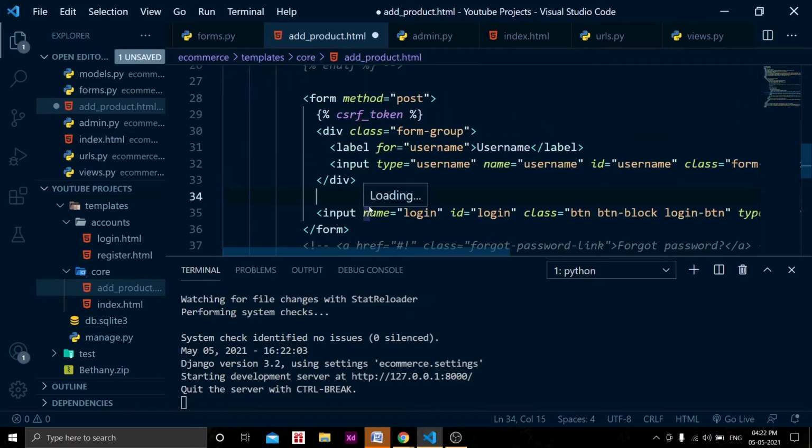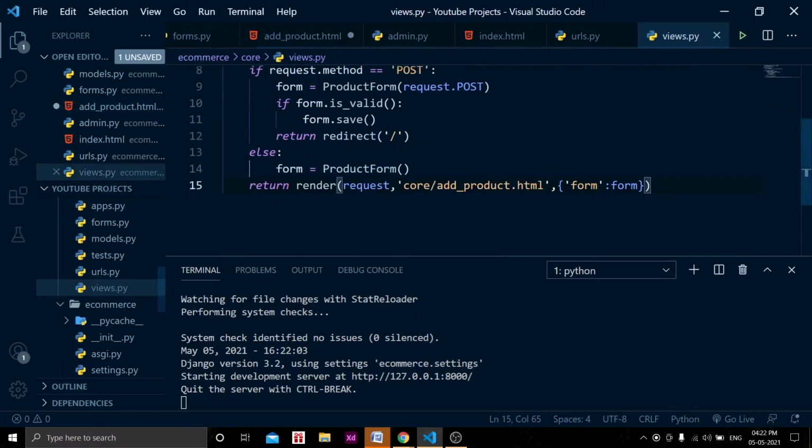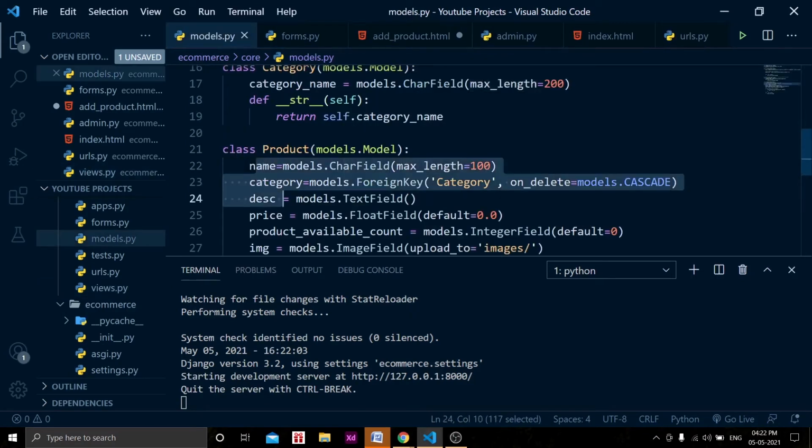Now we need to loop through all the attributes the form consists of, that are there in the product model that we have created. Let's see the models. Okay, it will have name, category, description.